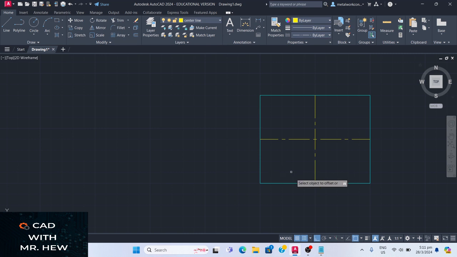Then it says select the object to offset. So I'm gonna select this there, good. And I'm also gonna select this there, select this there. All right, enter. All right, so what I'm gonna do now, remember I'm drawing center lines. So these lines should be center lines. So what I can do, I can click on this, select